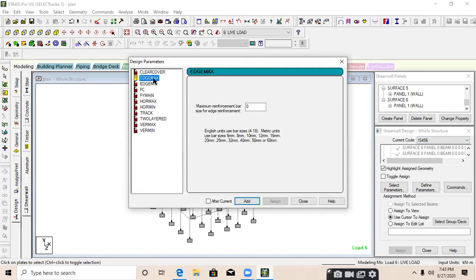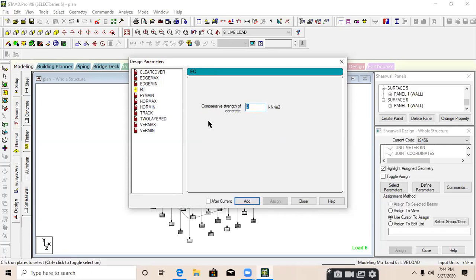Edge maximum means the size of reinforcement which you want to provide at the edge of that particular shear wall. I just select 12 mm as the edge maximum. Then edge minimum at the edge of the shear wall. It is asking about a minimum reinforcement. I am providing 8 mm.